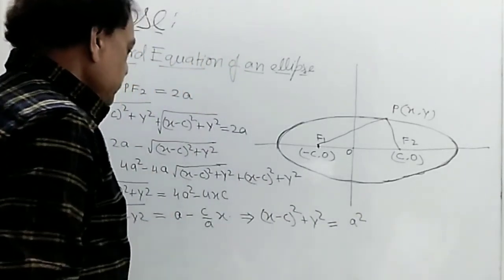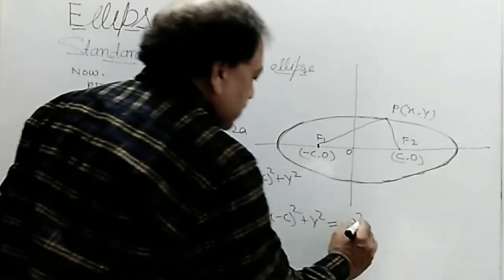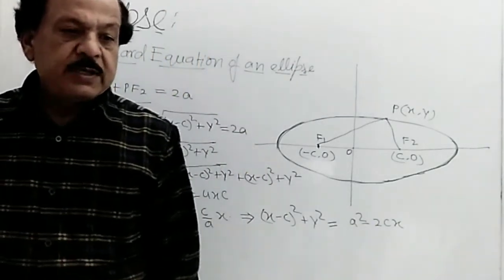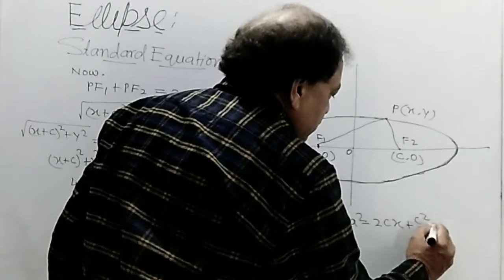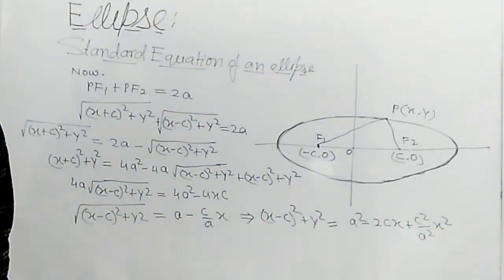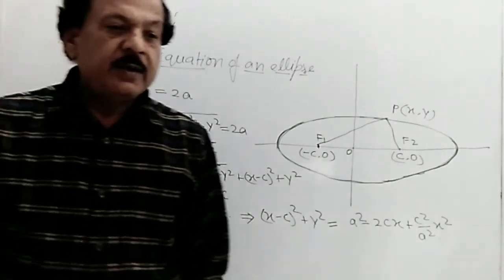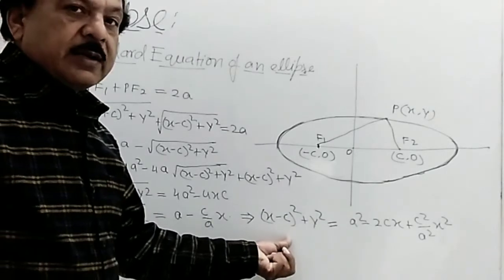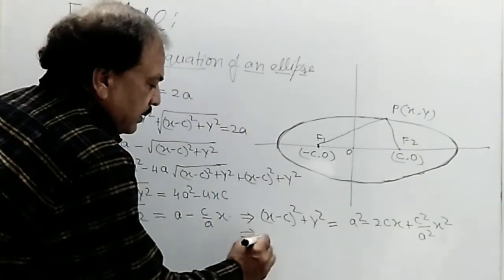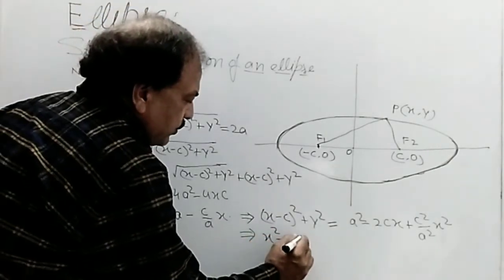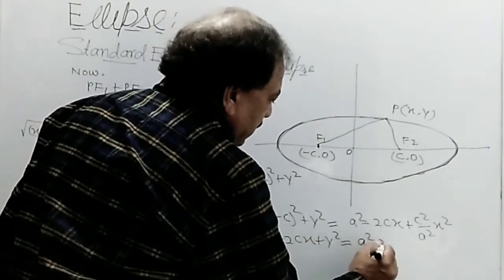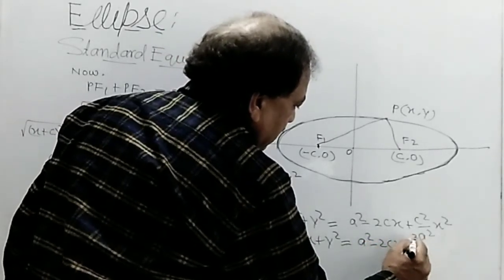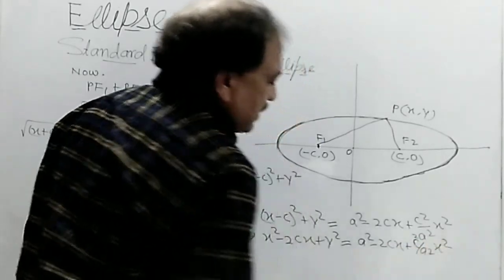स्क्वायर माइनस 2cx प्लस सी स्क्वायर अपॉन ए स्क्वायर एक्स स्क्वायर, ये हो गया हमारा। ठीक, ये हो गया 2cx। अब इस साइड को स्क्वायर करते हैं, तो ये हो जाएगा हमारा एक्स स्क्वायर माइनस 2cx प्लस वाई स्क्वायर इक्वल टू ए स्क्वायर माइनस 2cx प्लस सी स्क्वायर अपॉन ए स्क्वायर एक्स स्क्वायर।